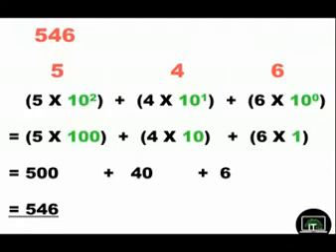6 is in the position of 0, that is a 6 of 1s. 4 is in position 1, that is 10 of 4s. Then the 5 in the position of 2, that is 100 of 5s, that is 5 hundreds, 10 4s, 6 1s, that is 546. That's the way we made the 546.